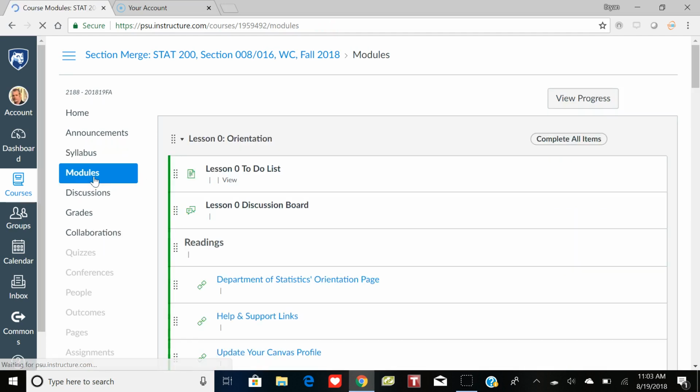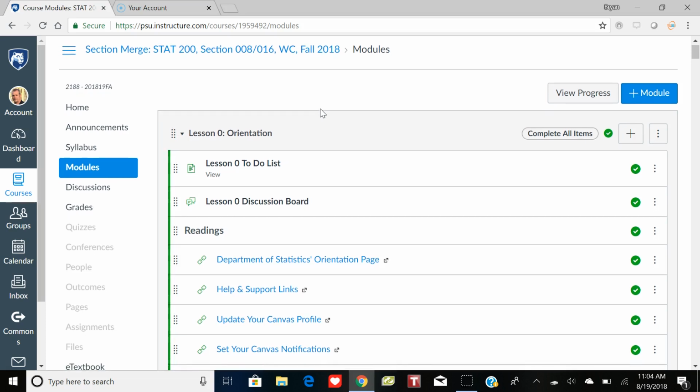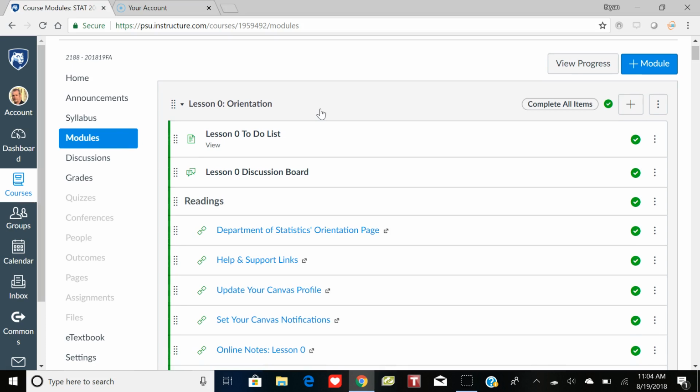The modules are the heart and soul of the course. This is where everything occurs weekly, and this is where I think the design side of it by the Penn State team is incredible. Again, I am the instructor for the content, but the actual setup, most of this, not all of it, but most of this is done by the learning design team, and they follow great procedures and make it very accessible to students.